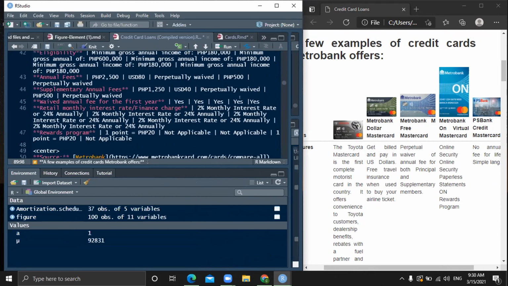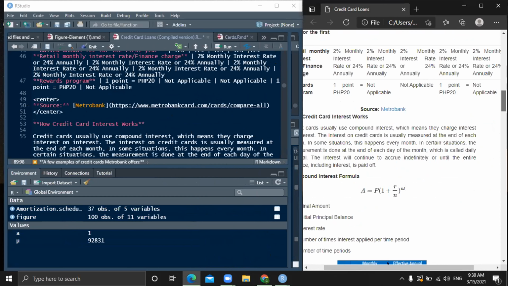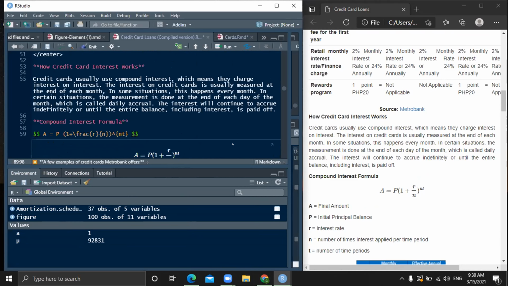Then, nilagay na lang din po namin under nung table yung source, which is Metrobank website themselves po. Then, for the how credit card interest works. So, sir, for the formula, we use the $ sign po. And, yun po. Next. Yung sa line 51,